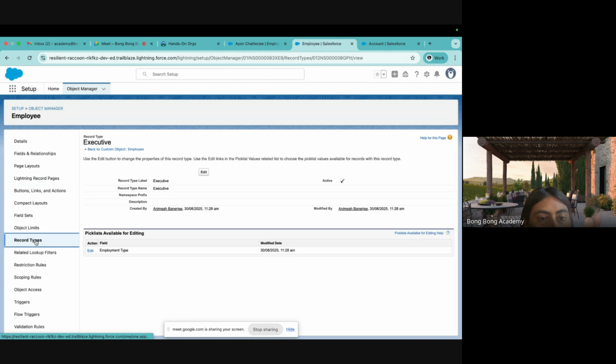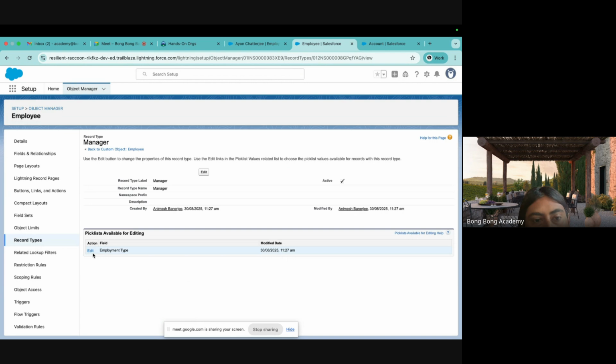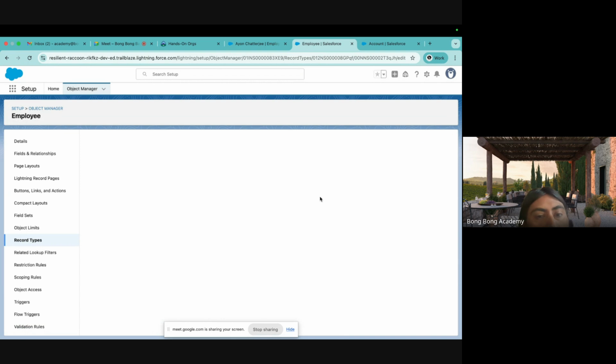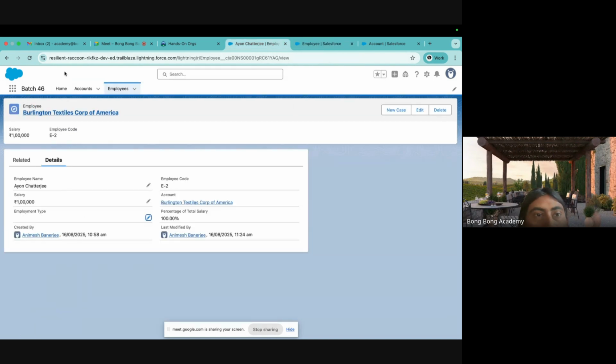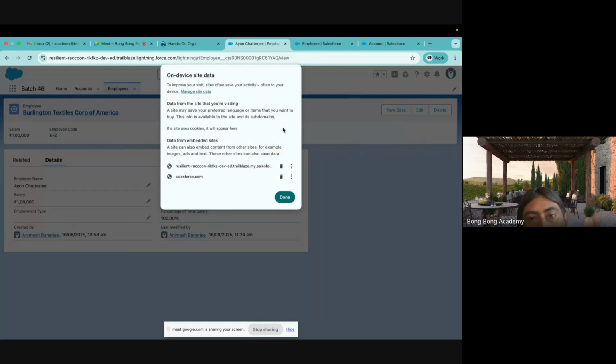And I can go back to my record type for managers. And I can also edit this. And I can say make it part-time and full-time only. I will not allow the contractual employee type as part of my manager type of employee. So now what is happening is that if I go and refresh my records,